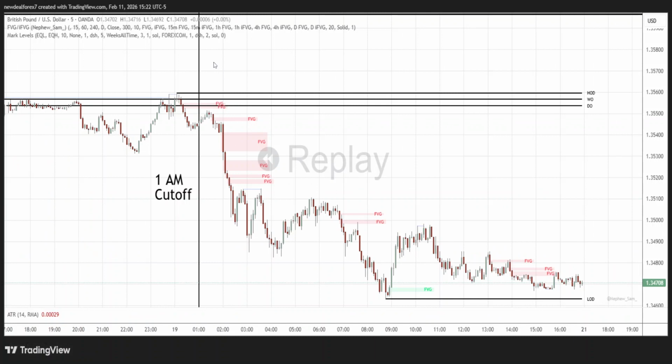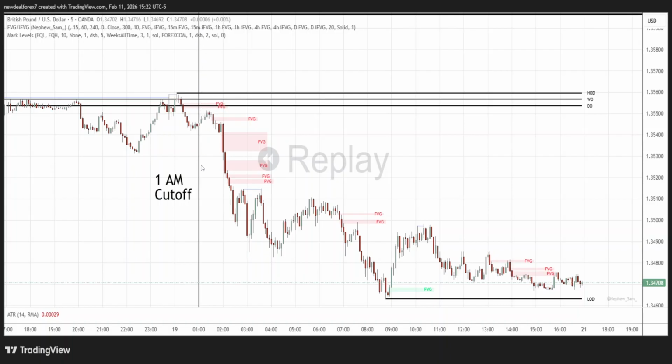Okay, so I just figure by 1 a.m., something needs to start shaking if I expect the entire day to move in my favor. It shouldn't take all day chopping around. Okay, so as you can see, price opened here, consolidated, dropped down, retraced, and then by 1 a.m., this vertical